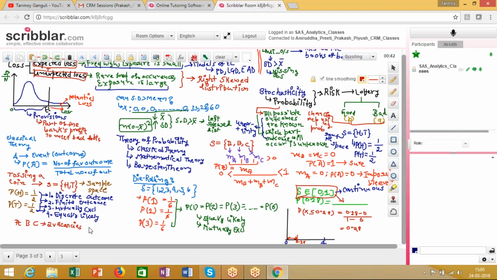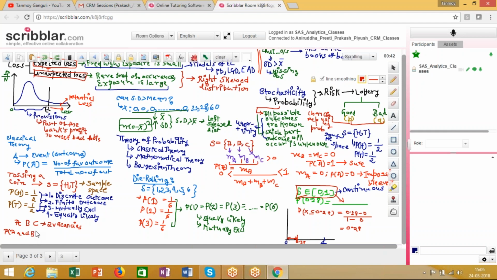So there are these two. So basically A, B, C. So these are two vacancies. Now I want to know what are the probabilities of A and B to crack through. Say I want to find out the probability that A and B get through or get the job,